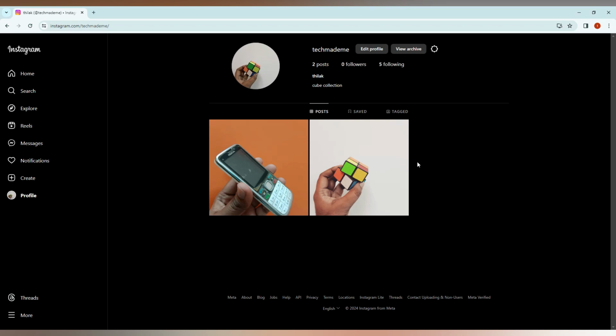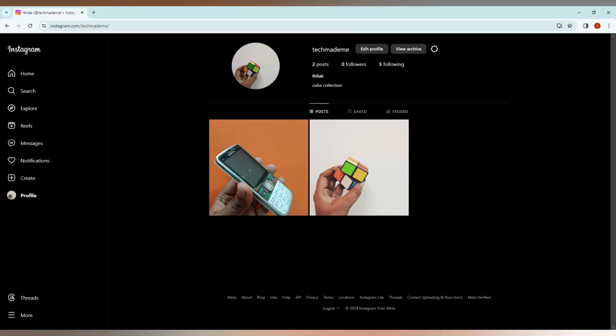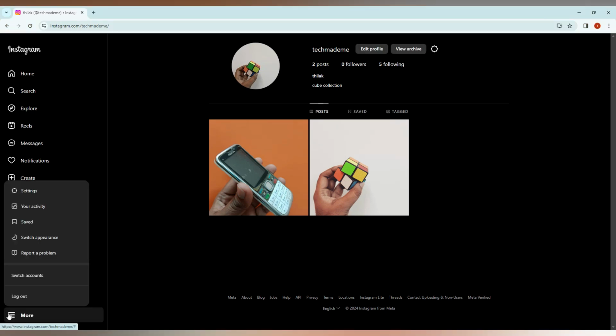So how to change your profile to a private account on Instagram from your computer. Actually, if your account is a public account, like this other profile of mine, you can see the posts. I can just view the posts and also like them. So if you want to be safe and you feel insecure, if you want to make it a private account, just open this account, click on the status option, then you will see an option